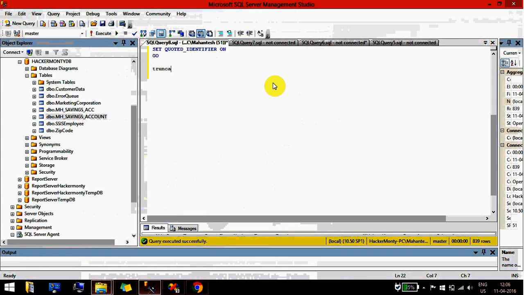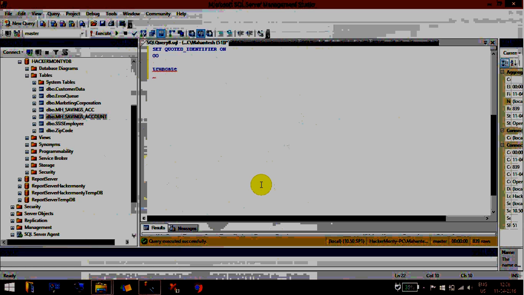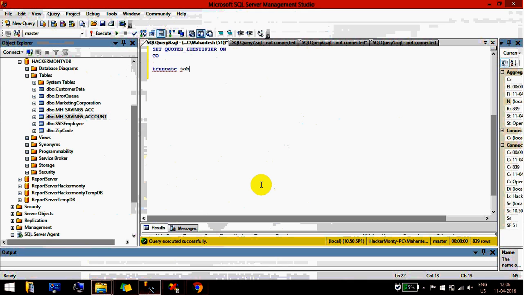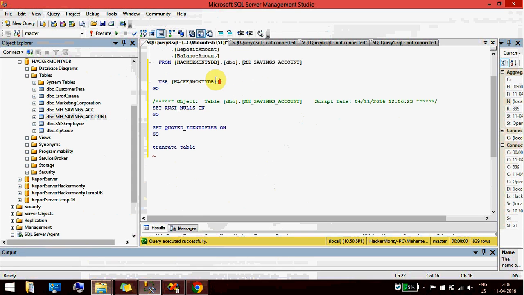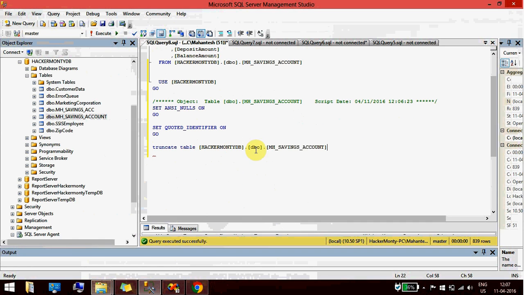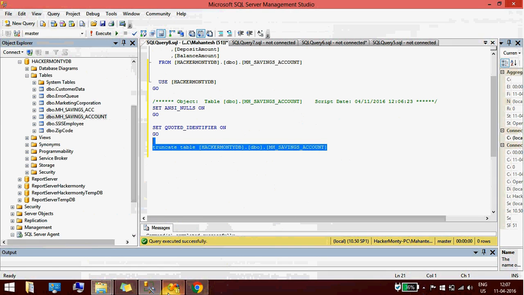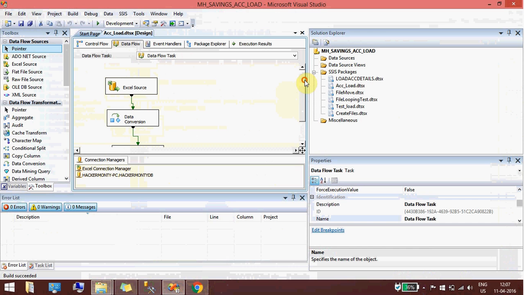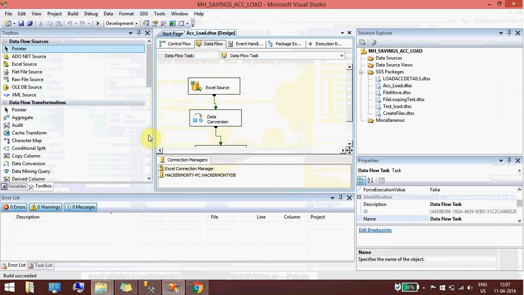I'll show what happens exactly. Before starting, I'll truncate my table. I'll start from scratch.